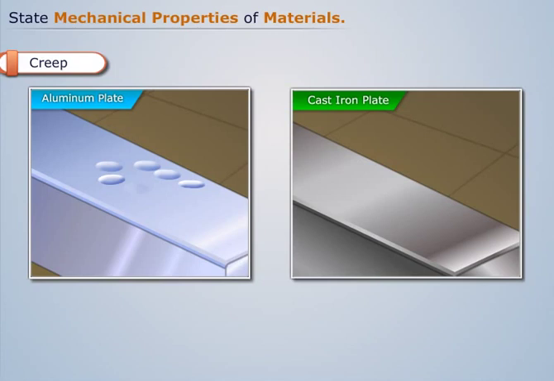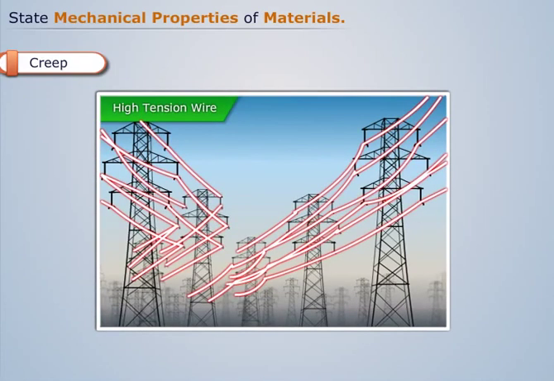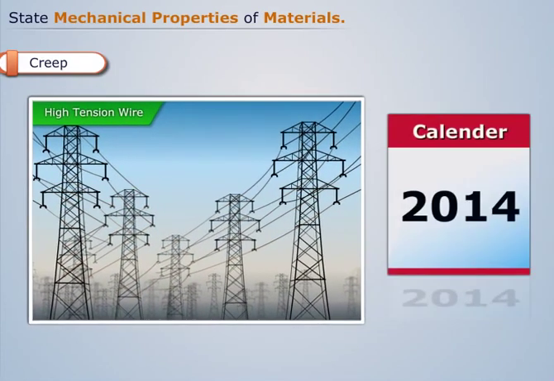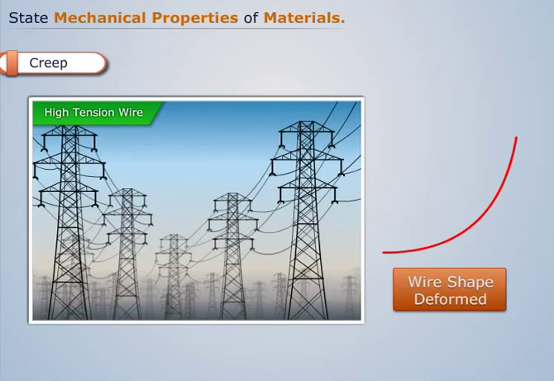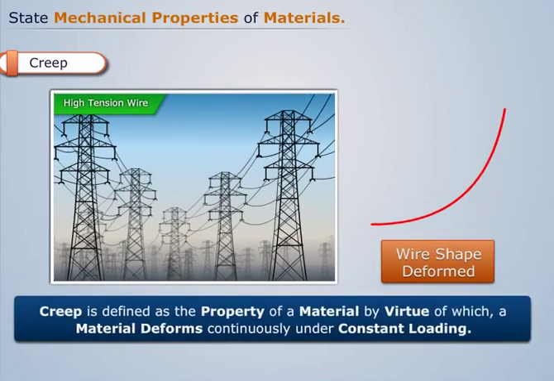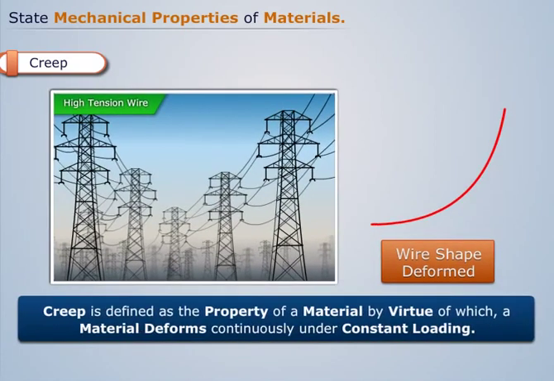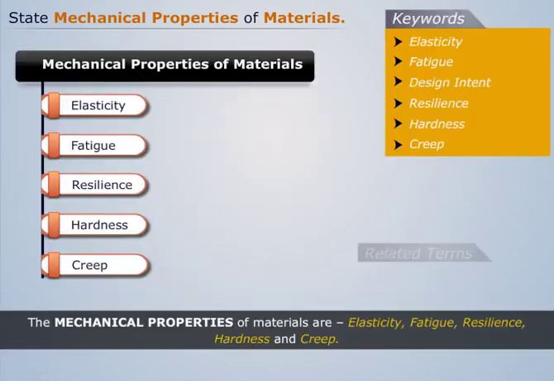And finally, we discuss creep. To understand creep, let us take an example of high-tension electric wires as shown. Over a span of time, these wires sag because of their constant weight that acts continuously. Thus, creep is defined as the property of a material by virtue of which a material deforms continuously under constant loading. Related terms are